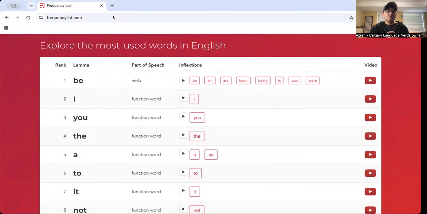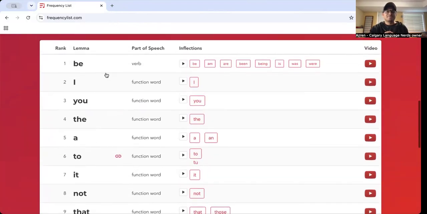So in English, the most used word that we use is the verb to be. And we have different forms. We can conjugate it into am and are, been, being. There's lots of different forms of that verb. The next most common word in the English language is I, so on and so forth. So it's organized by frequency of use. Frequency dictionaries are extremely useful. And the reason they're useful is that